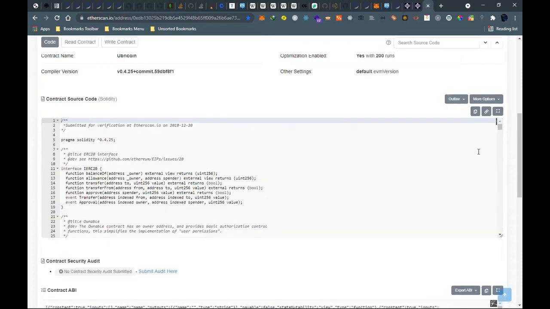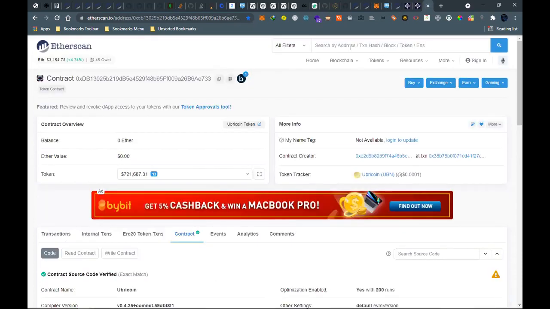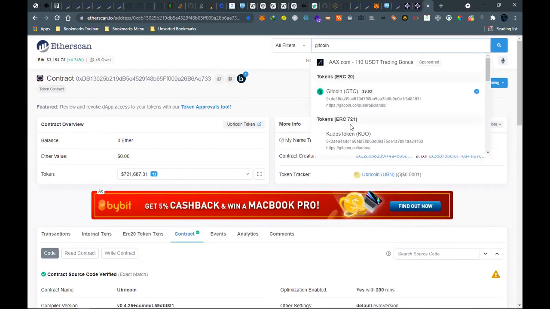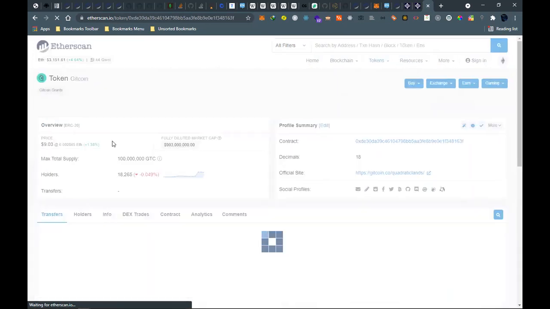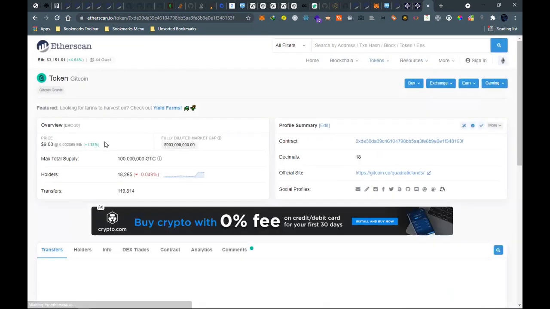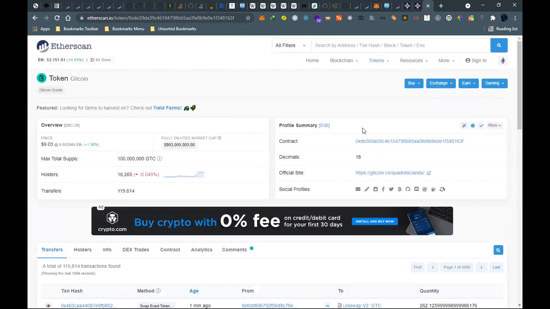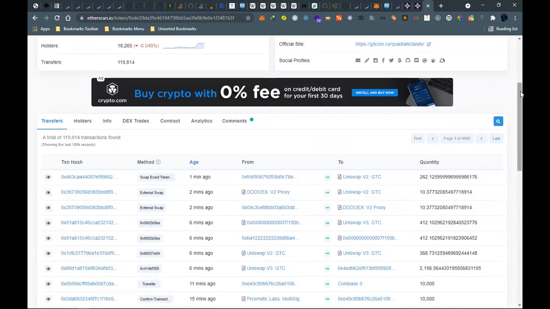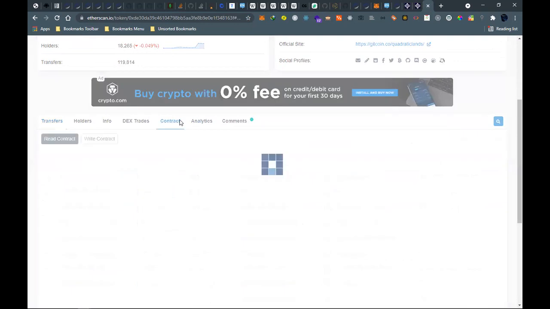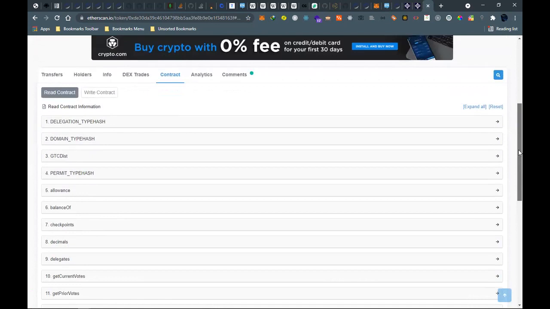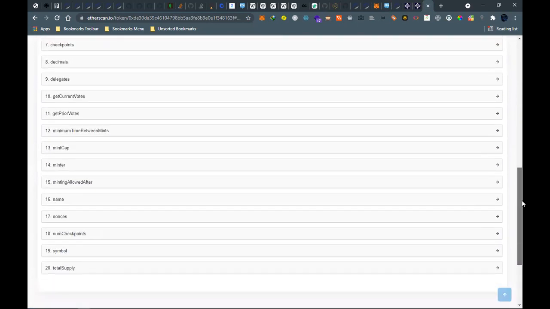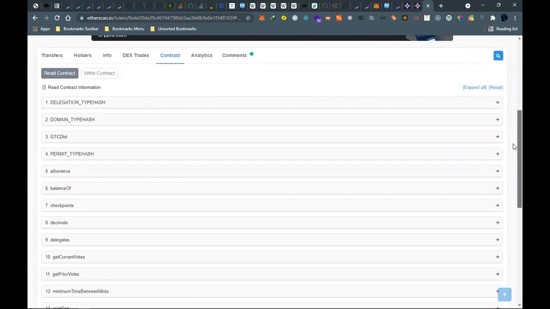So if we go to Etherscan and then search for Gitcoin, yeah, there we have Gitcoin. It's the same for every coin. And then if we go to contracts, it's this other one. So they have the read.